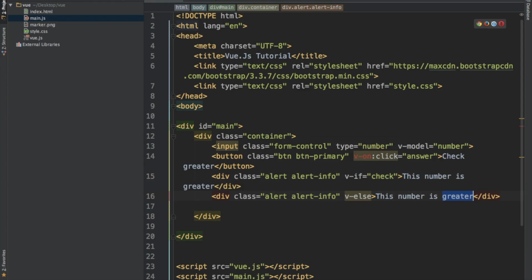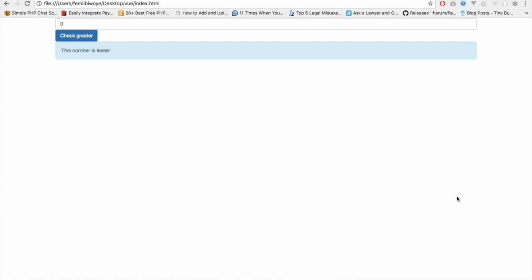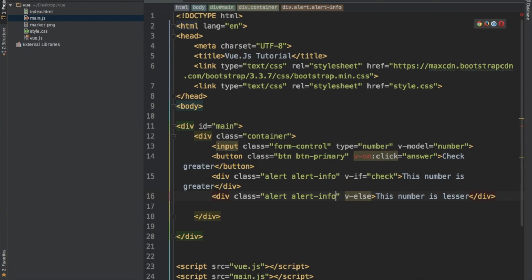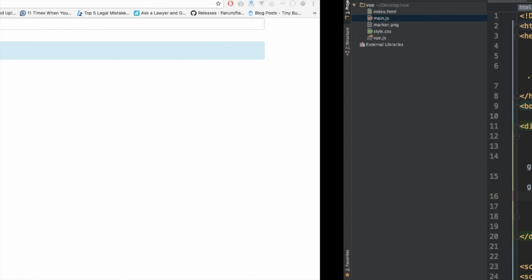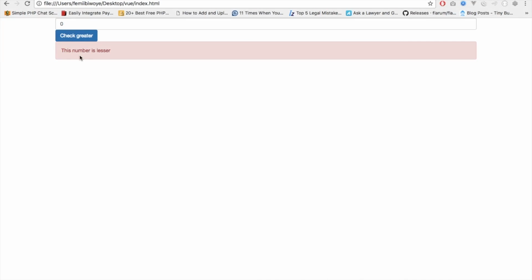I will say this number is lesser, and let me refresh. Now let me set this to danger. Good. This number is lesser. If I put this back to 60, this number is greater. If I put it back to 40,